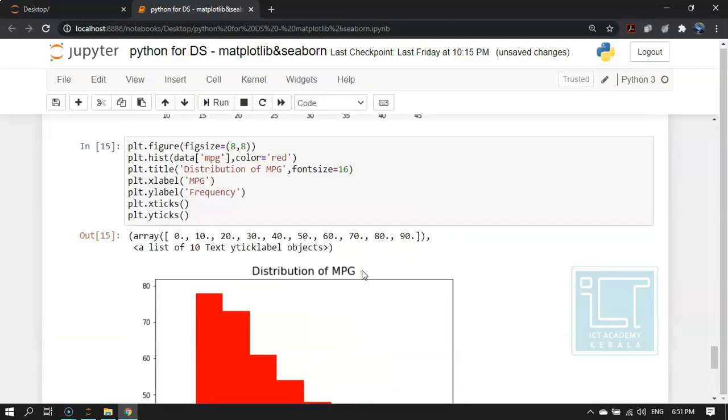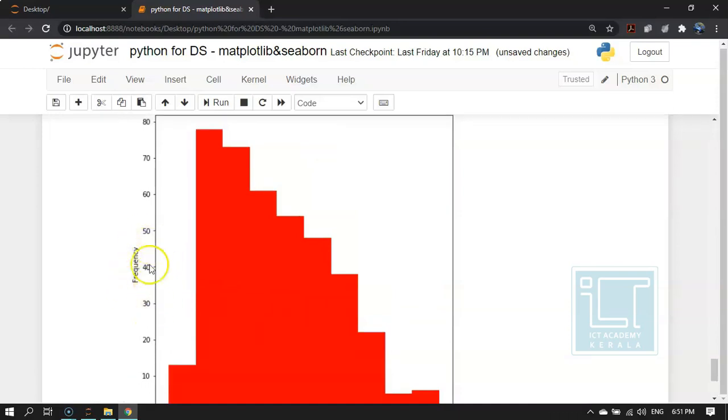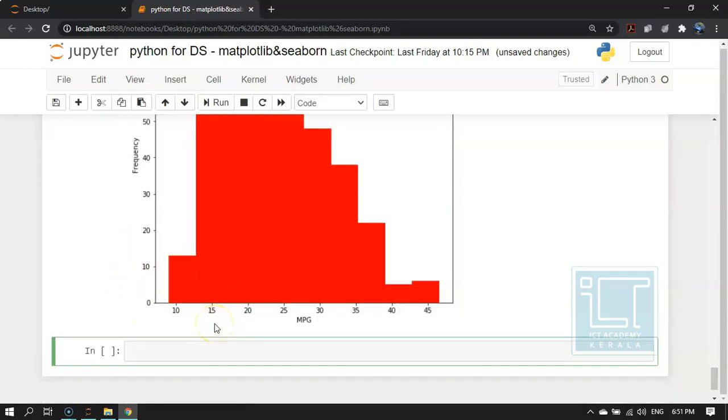So we have specified that in x-axis it is mpg or miles per gallon, which is the mileage, and in y-axis it is frequency. That means how many times that particular mileage has appeared in our dataset.